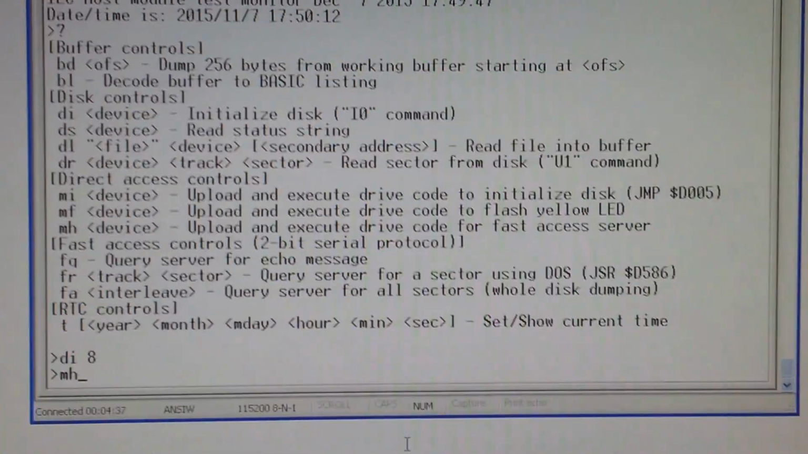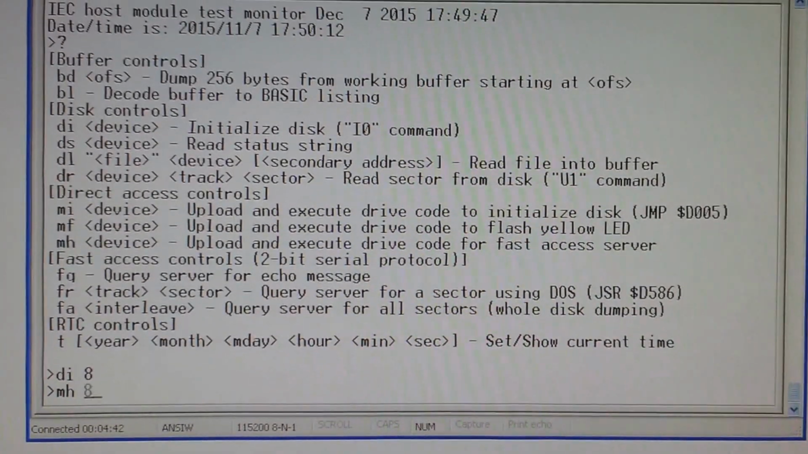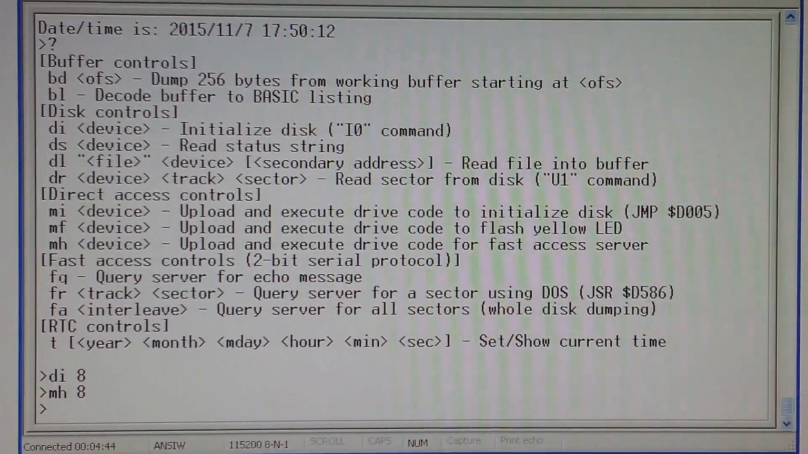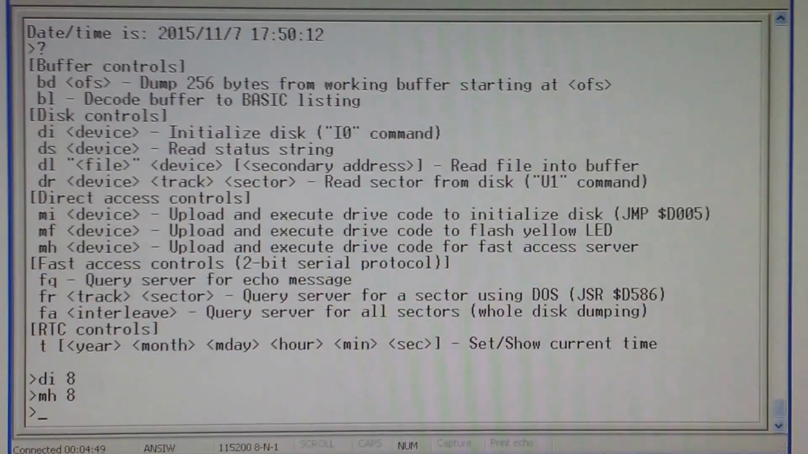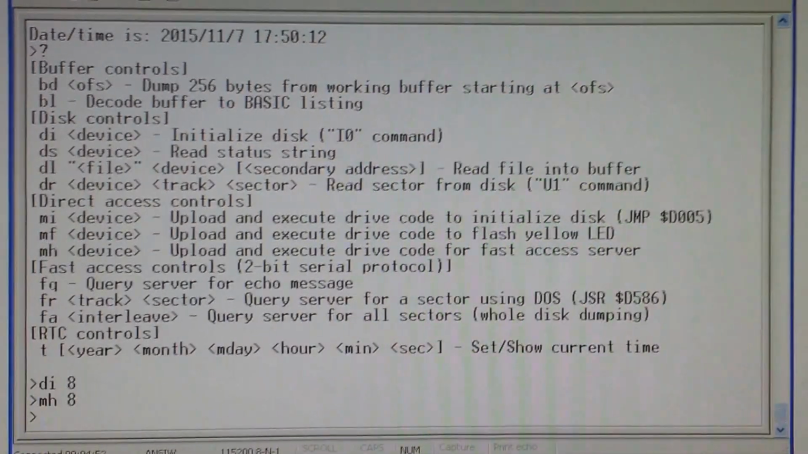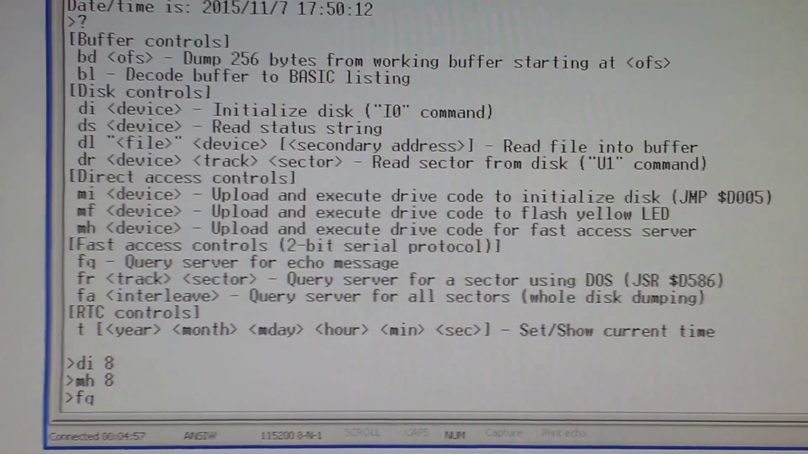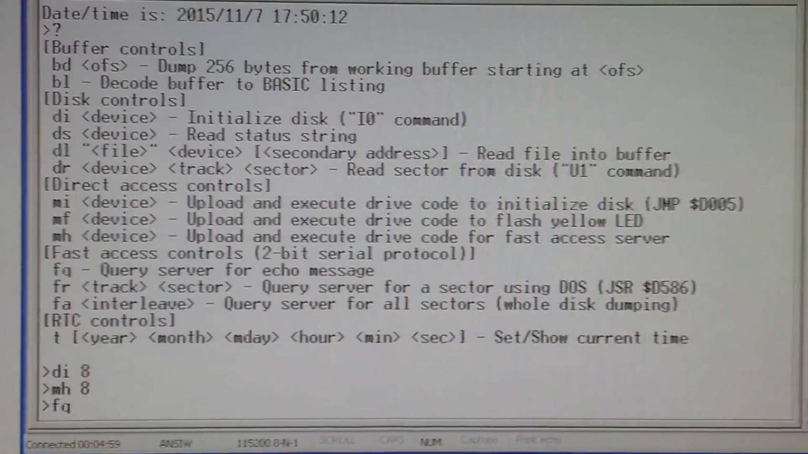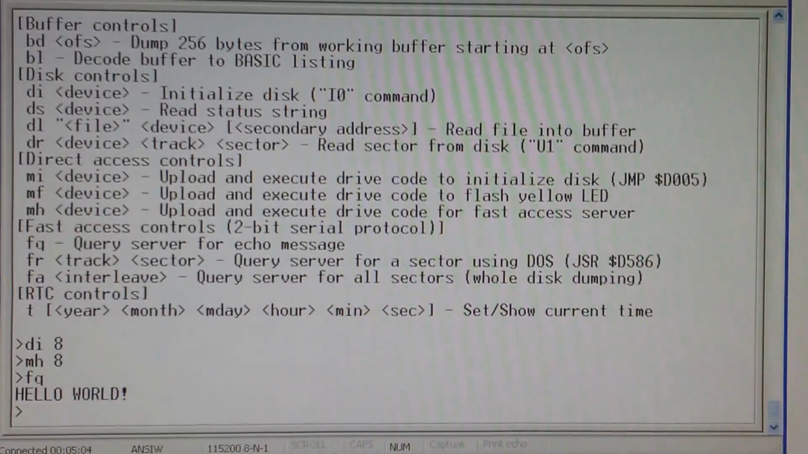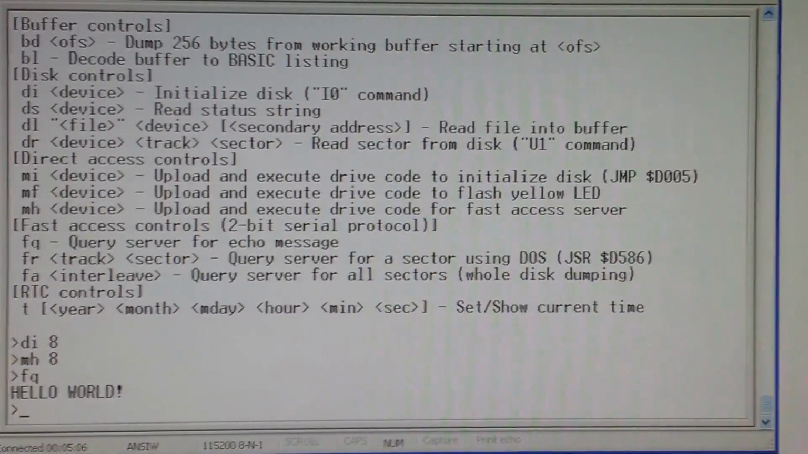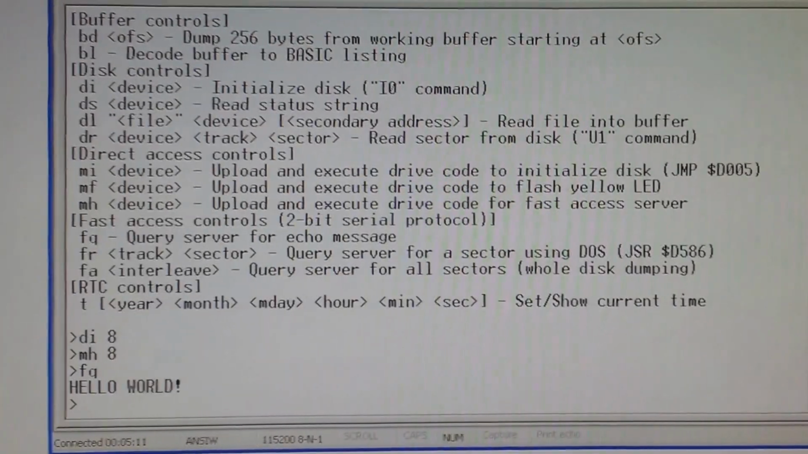The latest additions to this interface are the possibility of uploading a server program to the drive, which then answers to a number of fast access commands that can be used. One of them is used to query the status of the server, and the server just answers with hello world through a fast 2-bit serial protocol. Another command is,